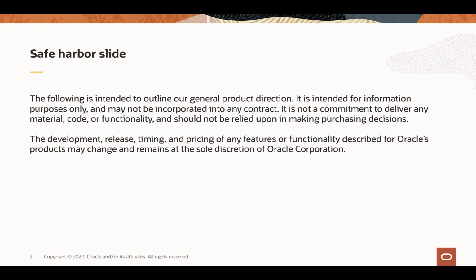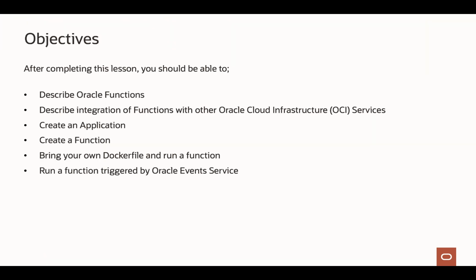This is a safe harbor slide, and let's look at the objectives here. After completing this lesson, you should be able to describe Oracle Functions. You should be able to describe the integrations of functions with other Oracle Cloud Infrastructure services. You should be able to create an application. You should be able to create a function. You can bring your own Dockerfile to run a function, and you can run a function triggered by Oracle